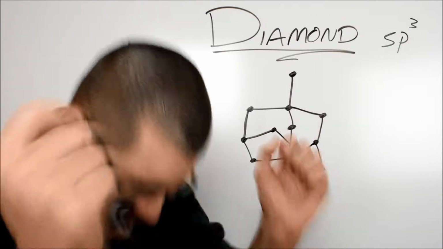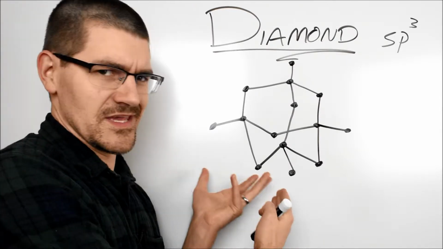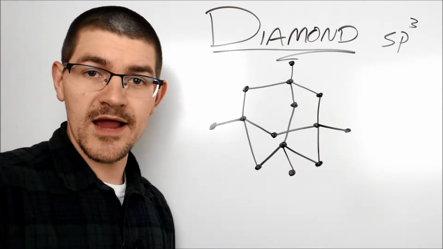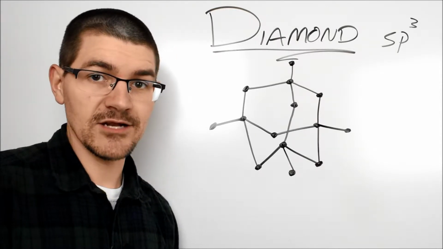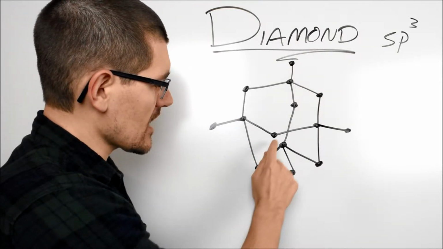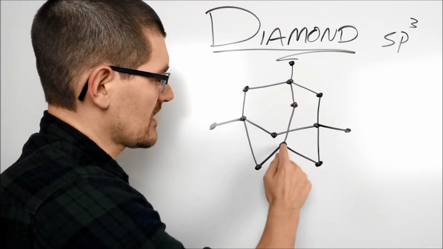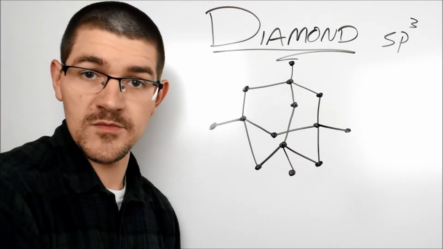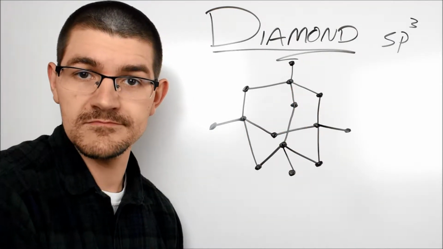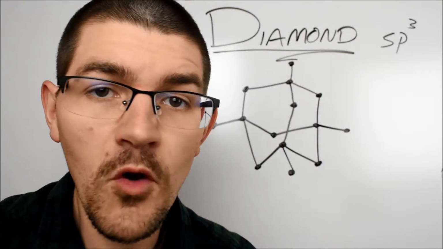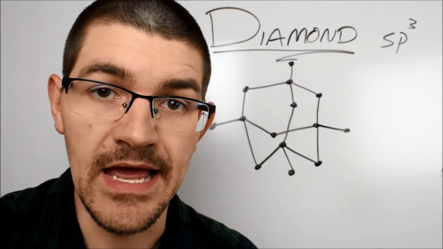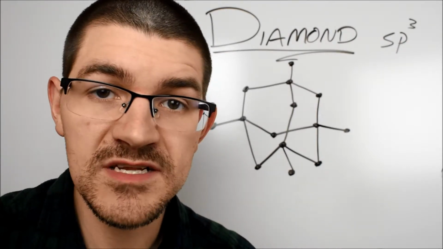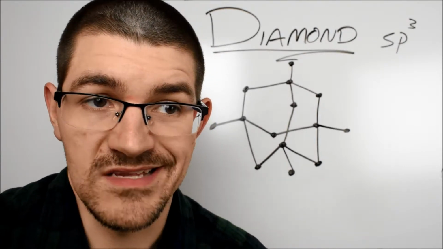Okay. As you can see from this really easy to draw structure, those sp3 hybridized carbons tend to make 6-membered rings, kind of like cyclohexanes minus the hydrogens. And if you look in the drawing, you can kind of see that each of those 6-membered rings develops into a chair, which is the thermodynamically most favorable conformation. Those chairs lead to 0 bond strain energy, meaning the carbons in diamond are about as happy and relaxed as an element can be. That also helps explain why diamond is so chemically inert and doesn't want to react with